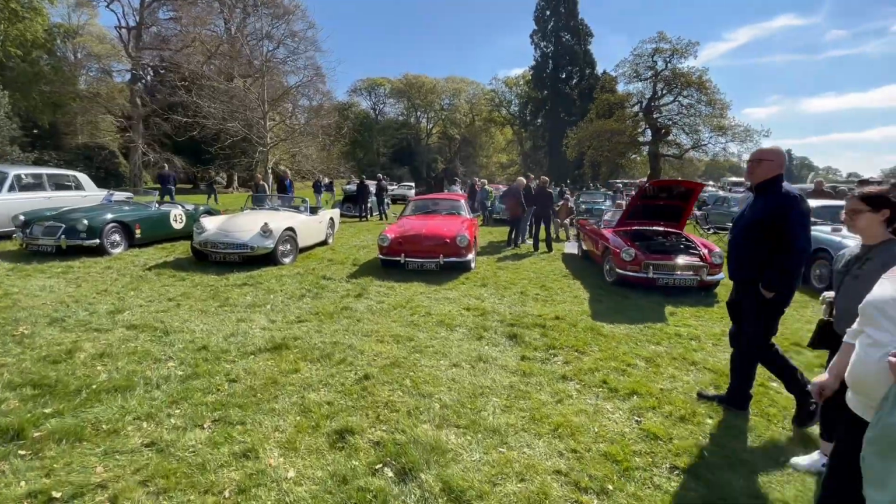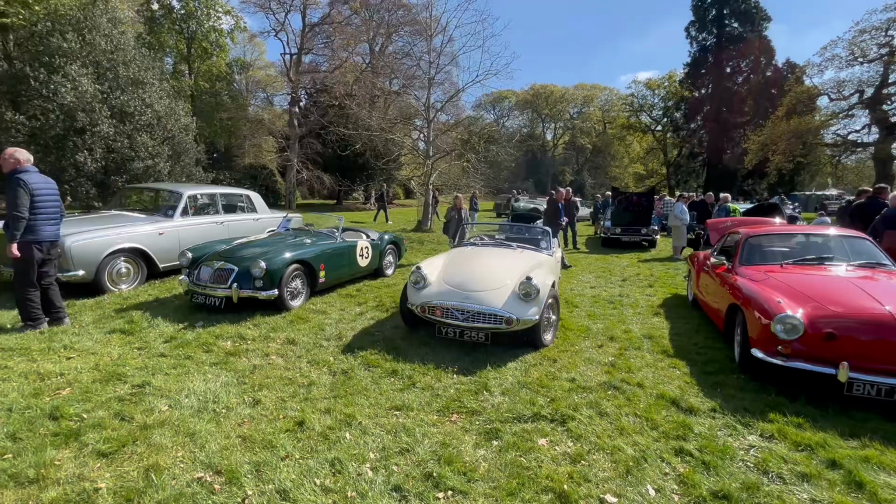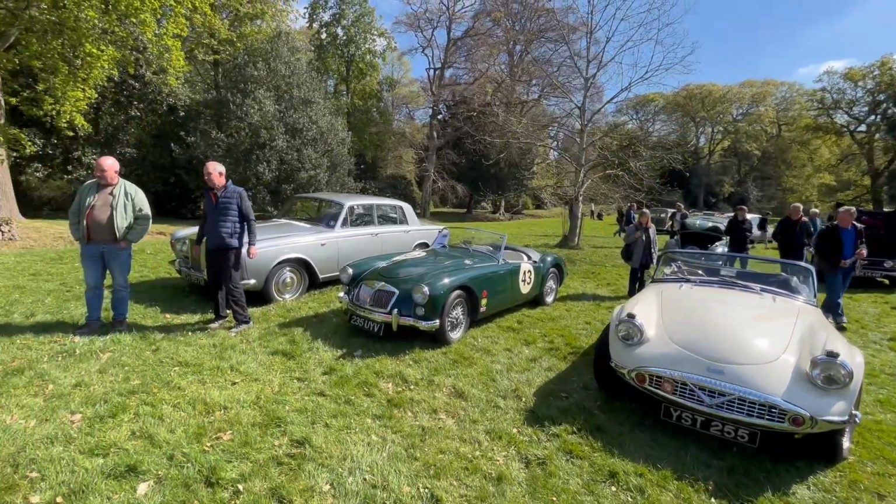Wow, there's some fantastic cars here today. Absolutely amazing. Matheson's Auctions, is that a...